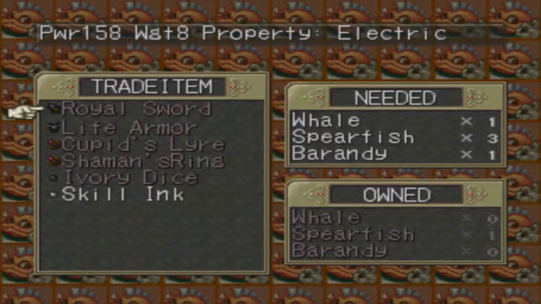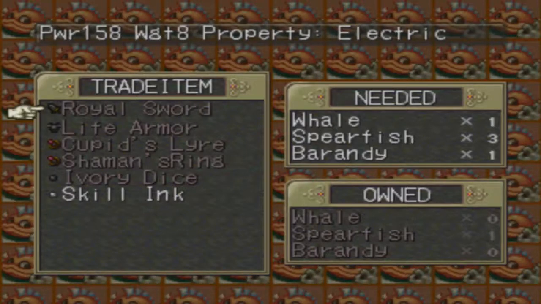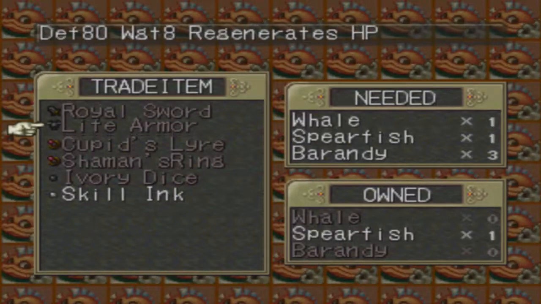Yeah, obviously I can't buy any of this. What am I short? I need to get a whale, 3 spearfish, and a brandy to get the royal sword, which is, I think, the best sword in the game, and I believe can only be used by Avatar. The life armor...